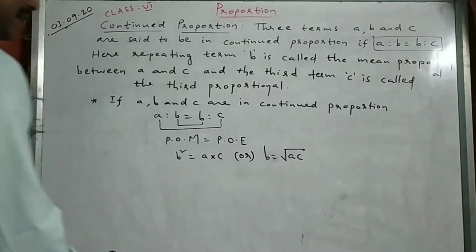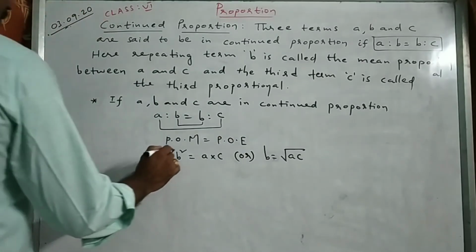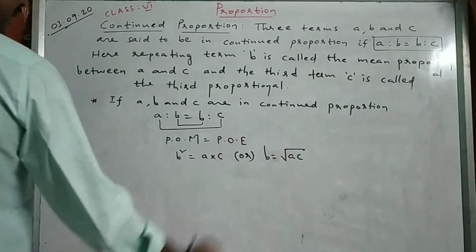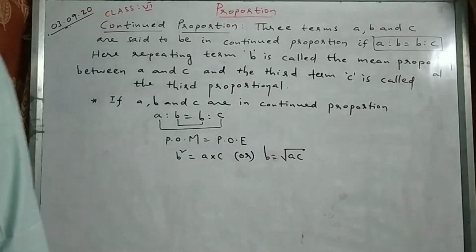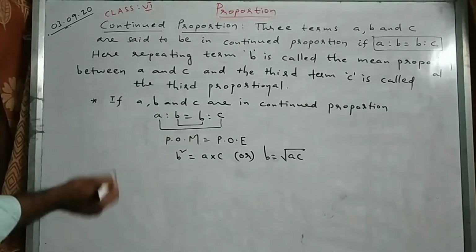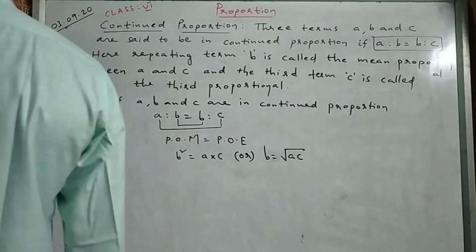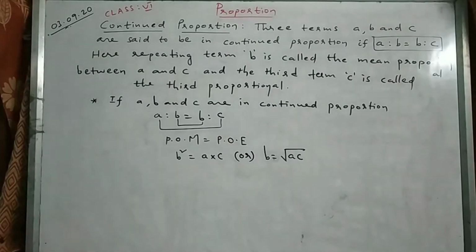You will get the square root symbol later. So just listen here. If square goes to that side, it becomes square root. It comes later, don't worry. B square is B into B, that also you will get later. If you do one problem, you can understand. I'll do one problem.